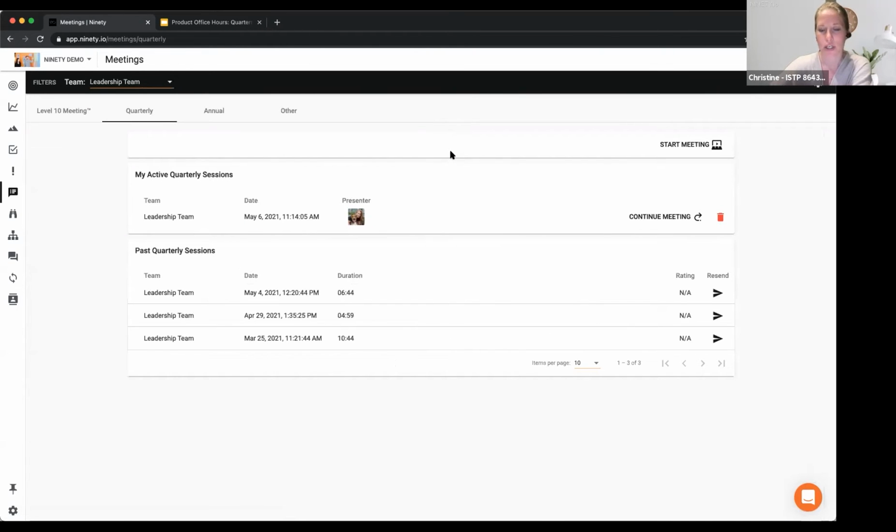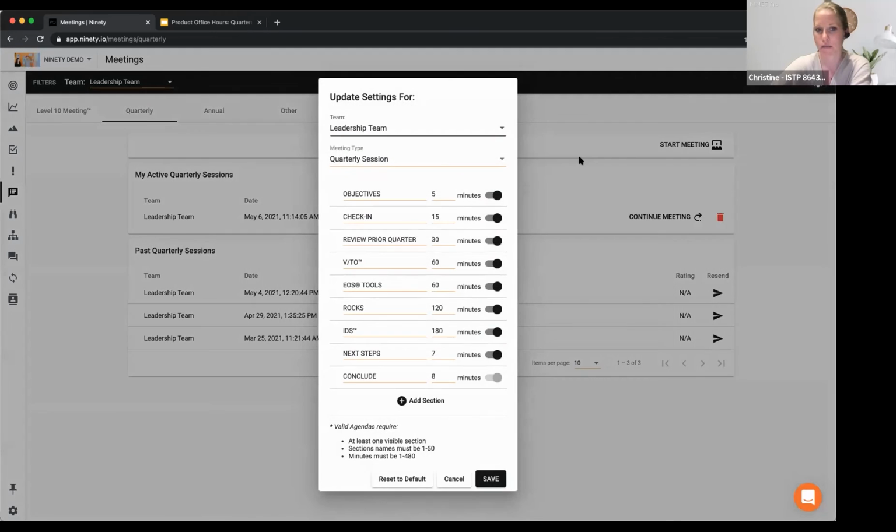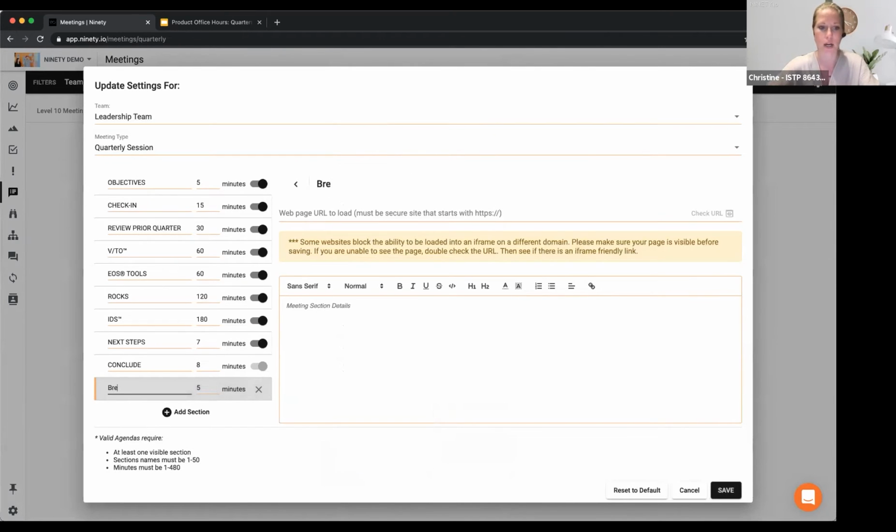Last thing I know I mentioned I would show you guys is customizing the meeting here. So typically for a leadership team, you're probably going to want to stick to the schedule. Like I said, if you wanted to add in any breaks here, maybe you want to do that and just have a set, 15-minute time frame when you might be needing it. I know we kind of just do ours ad hoc.